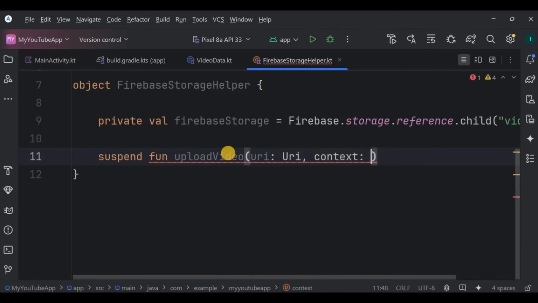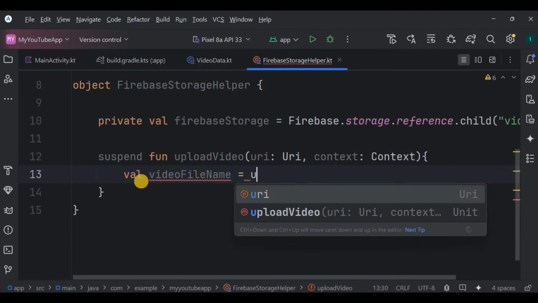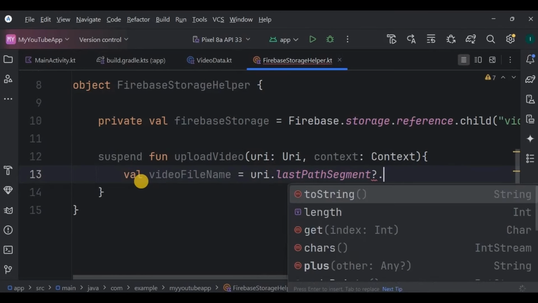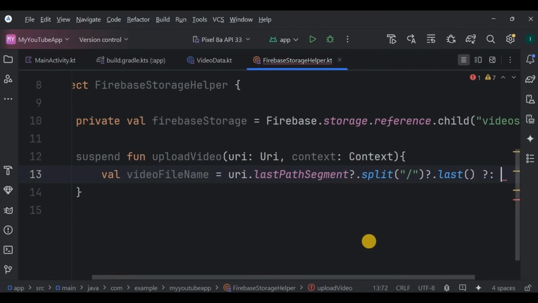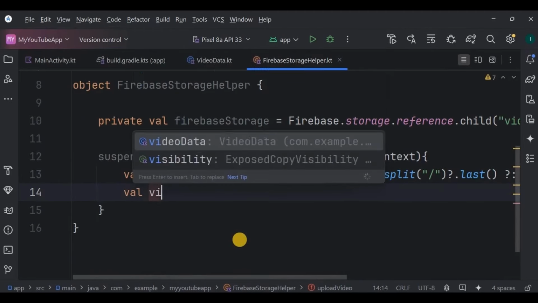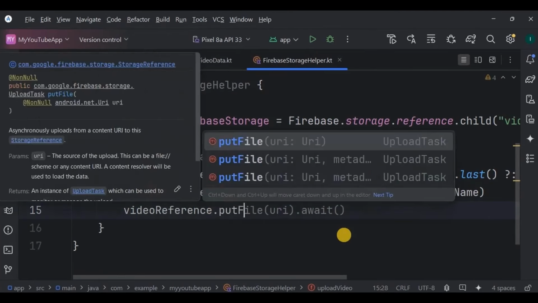It takes two parameters: URI, which is the location of the video file selected by the user, and the context. The function first extracts or generates a file name from the URI's last path segment, splits on the dot, and adds the current time to ensure the video has a unique name. Then it creates a Firebase storage reference using the video file name that we just created. Then it uploads the file using putFile